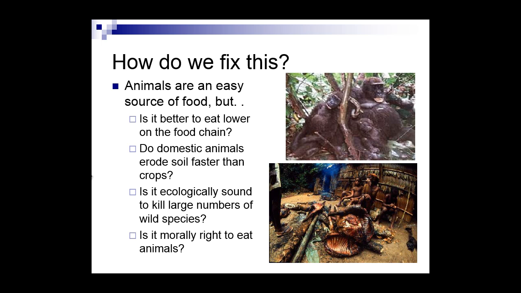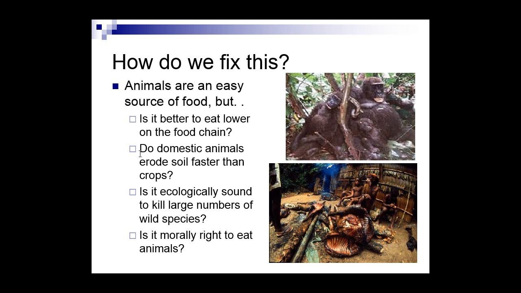And now we're going to turn our attention to animals. A lot of that was all crop production. Well, let's look at animal production. What are some problems with animal production? Think about your ecology unit and your energy efficiency. Laws of thermodynamics. What do you think? Better to eat higher on the food chain or lower on the food chain? When we did our net primary productivity lab, we could feed one farmer per year on something like 3 million grasshoppers. But if you had 90,000 grasshoppers, you could feed 3,600 people for a year. So, which is better?